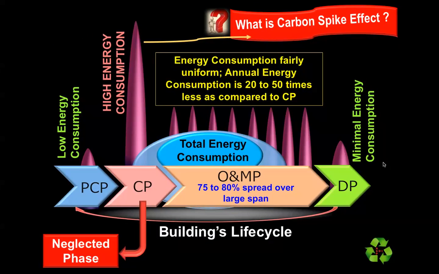We have 4 phases. We have the pre-construction phase, which is represented as PCP. Then we have the construction phase. Then we have the operating and maintenance phase. Then we have the demolition phase. We all know that the operating and maintenance phase takes about 75 to 80% of the span through the entire life cycle period, and then the pre-construction period